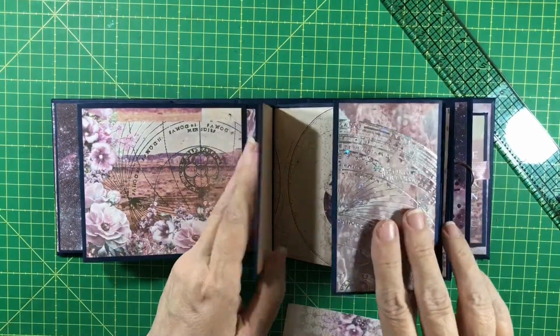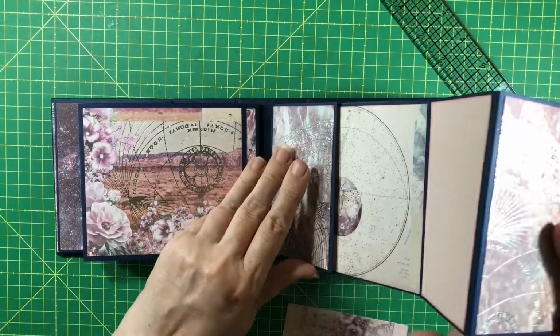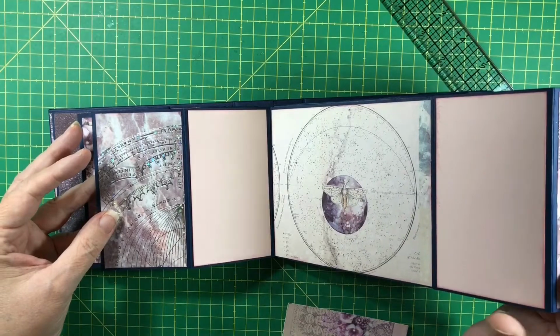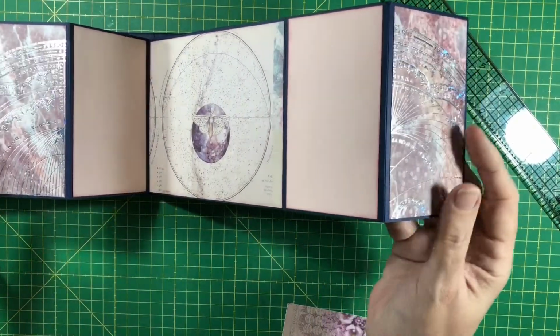Now here, and you saw it also on the page we just did for the back, I've used pink cardstock for photo mats. That's what I'll be using throughout. And that was just something in my stash. You can use any pink you've got that matches. Unfortunately, Artisan doesn't make a pink. Hope you can see that. Okay,